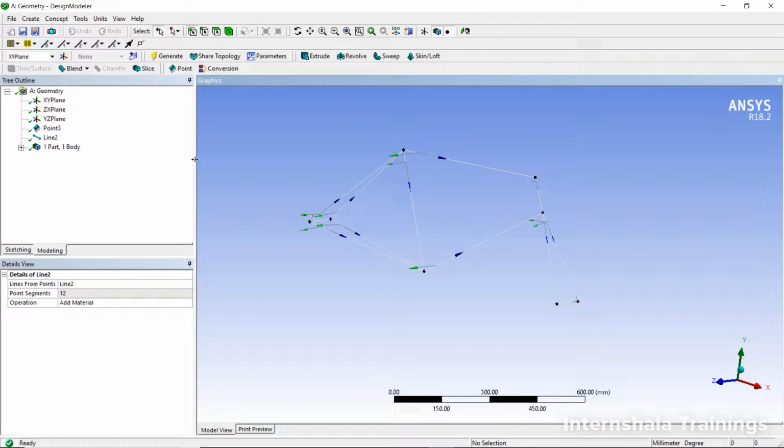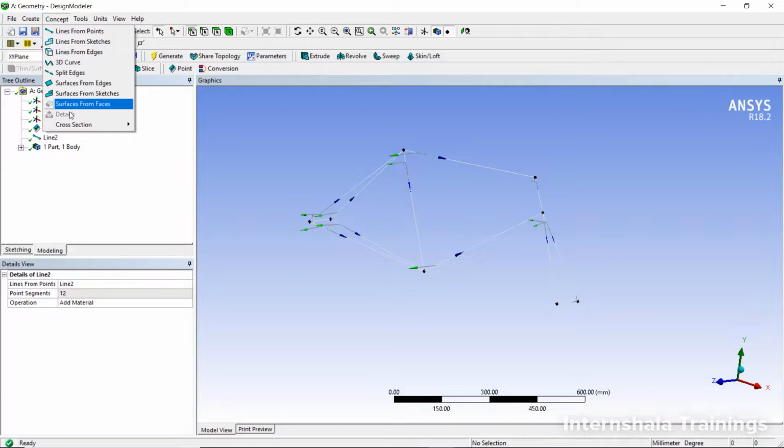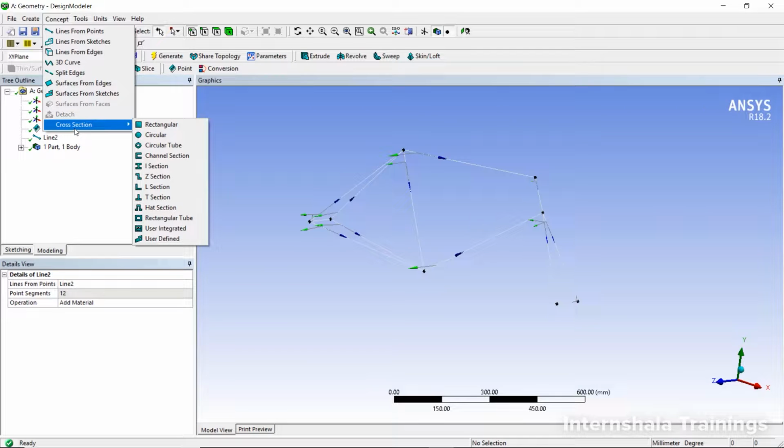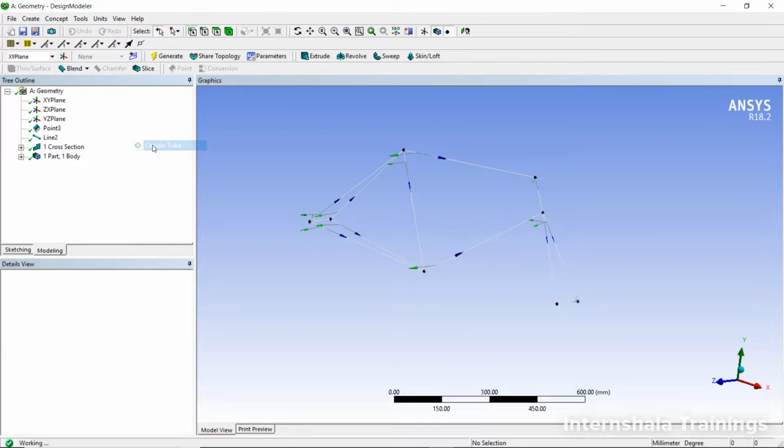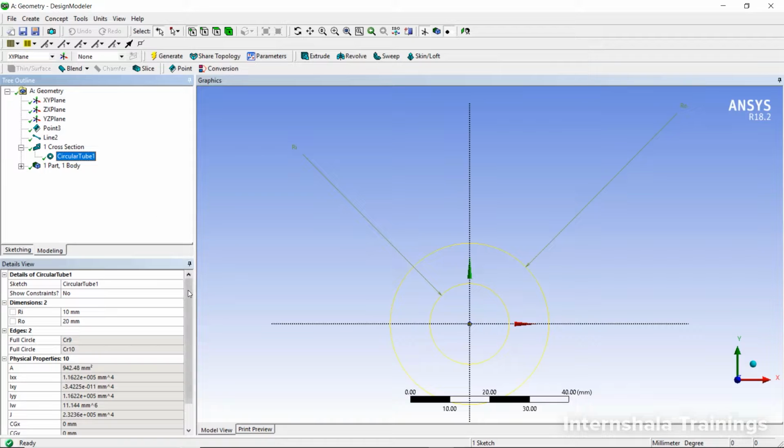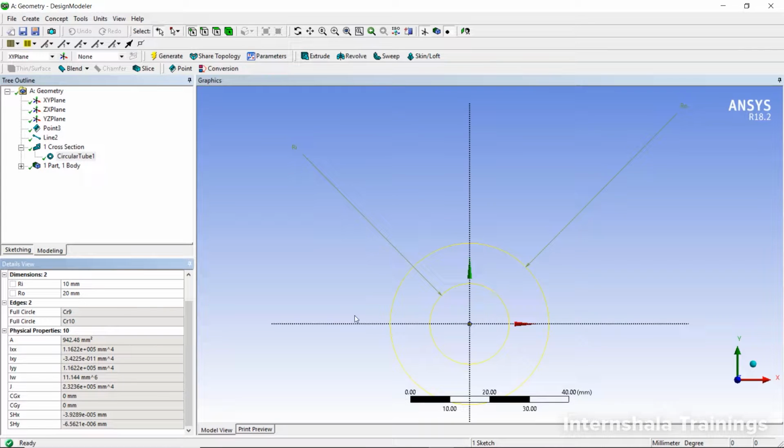Okay, then going to the tools, in order to apply the cross section for these particular lines, you can go to the concept, and in the concept you need to select the cross section. So this particular bicycle frame is made up of a circular tube, so I'm going to select the circular tube cross section, and here it will ask me to give the dimensions of the cross section.